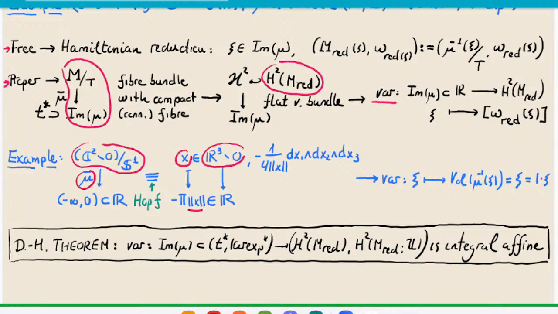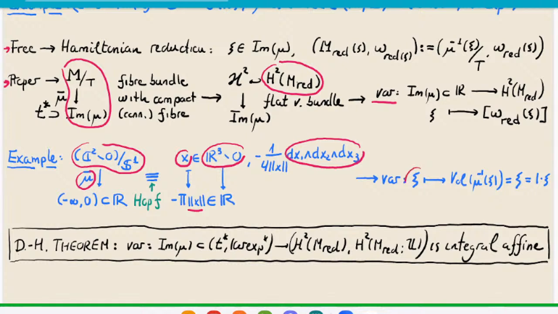Now, the pre-images of points in that negative real line are spheres, and those spheres are going to have the corresponding reduced symplectic form. It is not the standard area form that the sphere has in R3. We have to scale the standard area form of R3 a little bit. That's the correct rescaling. And now, if you look in these coordinates at the variation map, you're going to see